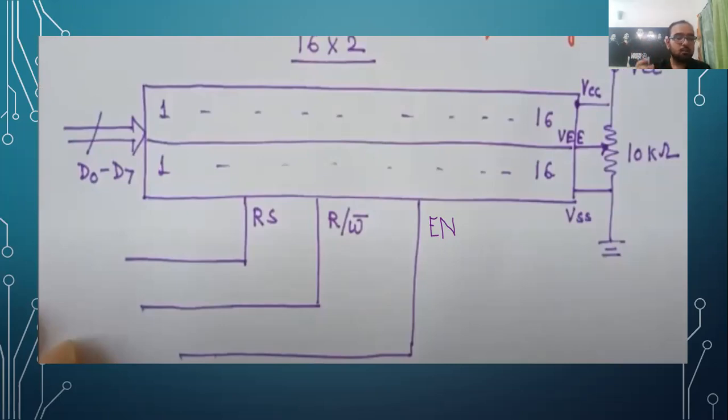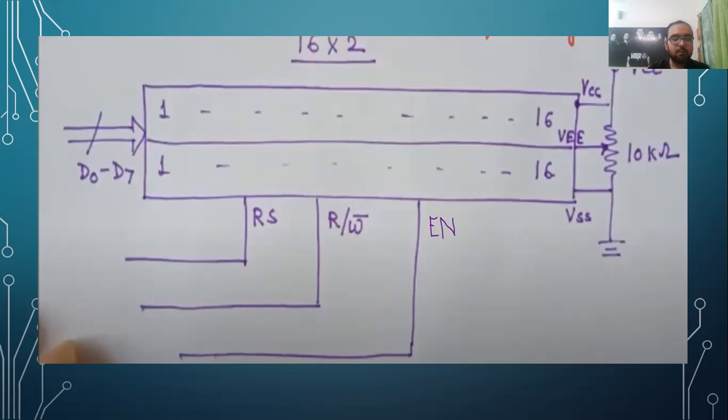to be displayed. So what our register select signal does is that it helps us choose between the command register and the data register. Say for example, if our register select signal is 0, we select the command register, and then we can give it input such as clearing the data or switching the cursor on and off and so on. But if the register select signal is 1, then we can give it data which needs to be displayed in terms of the hexadecimal equivalent of the ASCII values.